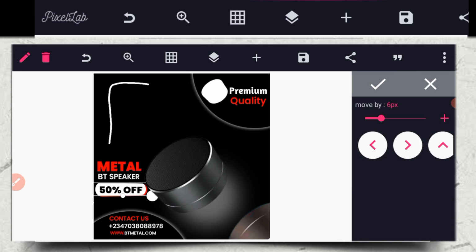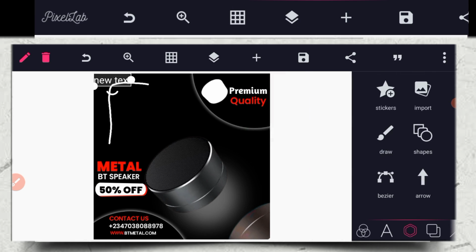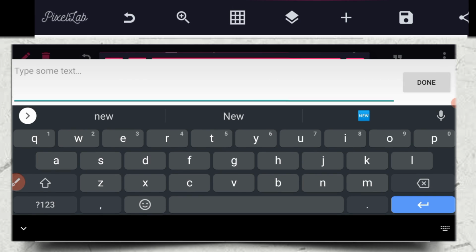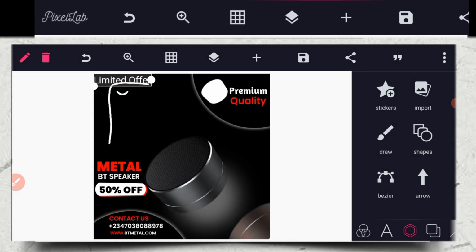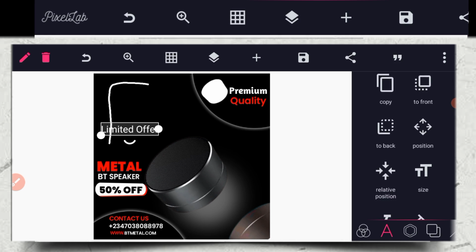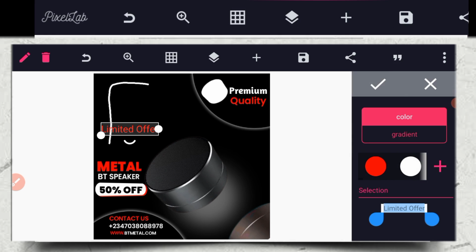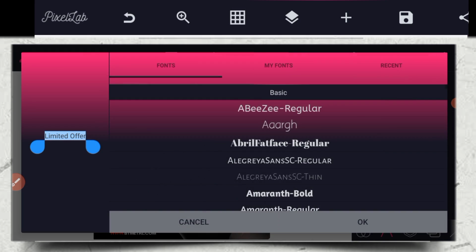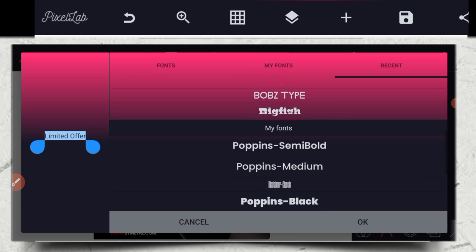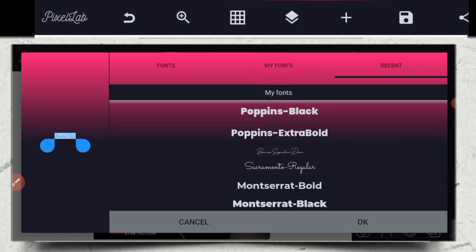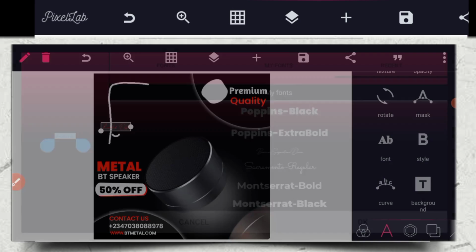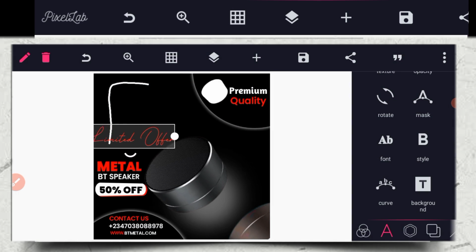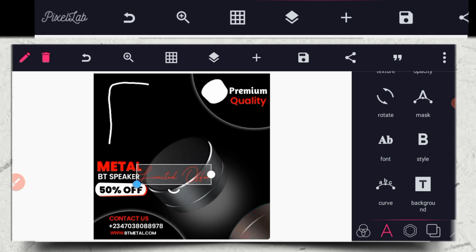Good. So the next thing now is to click on the plus button. Then you write limited offer. So you write your limited offer like this. So you click here. So you change it to red color. Change the font to red color. Then you change the font to something like, okay, Business Signature Demo. So you change them. Then you can now increase the font now. Increase